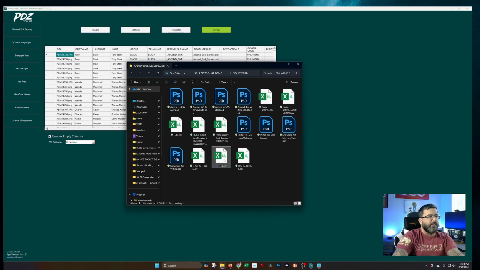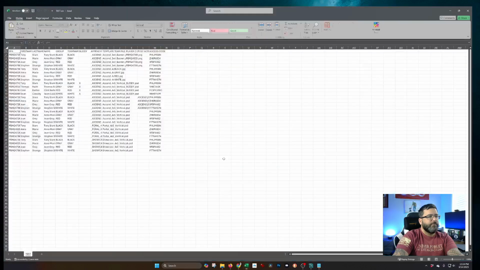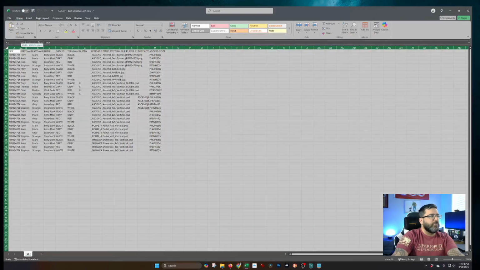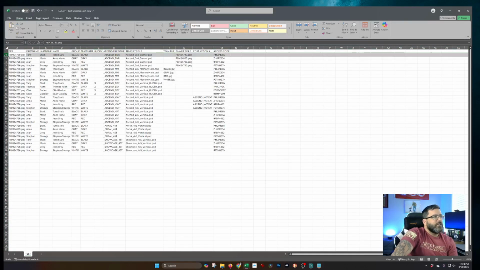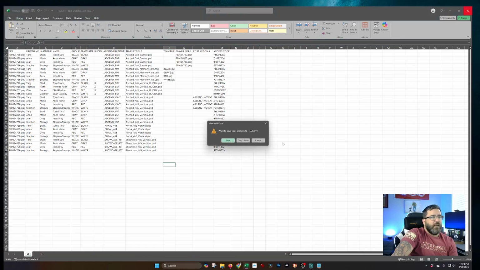I always start with the test run. So what does our test run give us? It gives us one image from every team per template. Okay. 1, 2, 3, 4, 5, 6, 7 templates is what we put in. And we have one player from every team. If I can run this and I review these 28 images and I have 0 issues, then I know